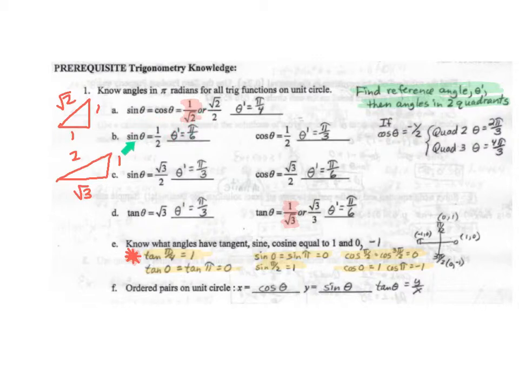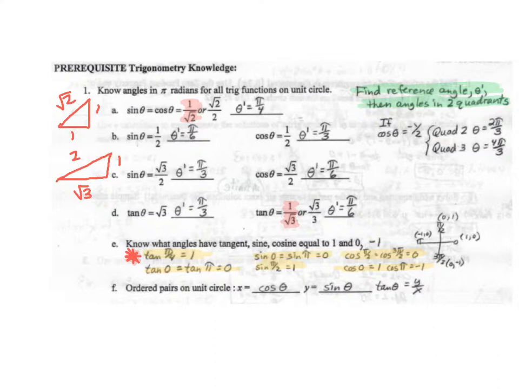Or you'll have maybe a sine equals a half, or a cosine equals a half, and square root of 3 over 2, square root of 3, 1 over square root of 3, or the quadrantal angles 1, 0, and negative 1. So at the very end of a trig equation, you will either have one of these familiar values, or